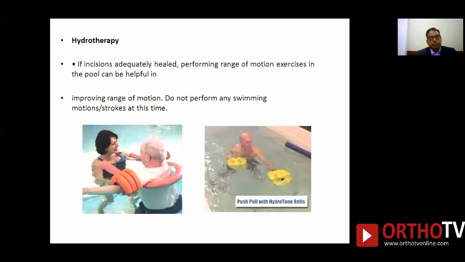Hydrotherapy in the intermediate stage. Hydrotherapy can be started. The patient can move into the pool and do a gentle active assisted abduction and external rotation without any jerk. The patient should not reach for a distant object. He should perform this within the arc of his motion, and this will not only improve the range of motion but also do the isometric exercises of the cuff and the scapular muscle, further strengthening the scapular stabilizers.